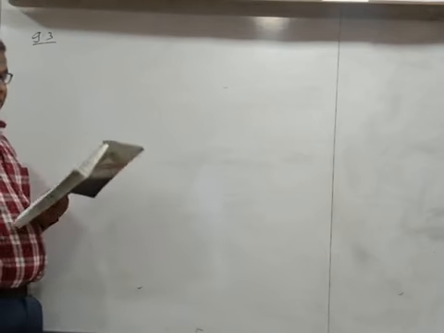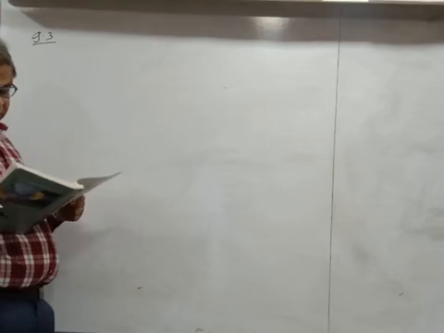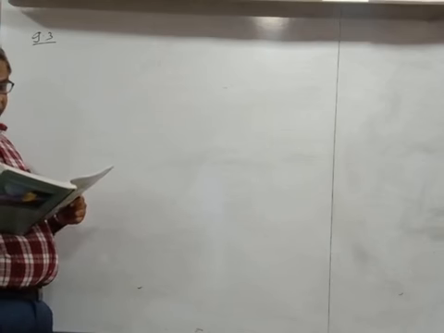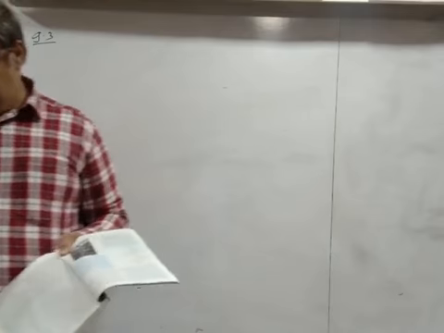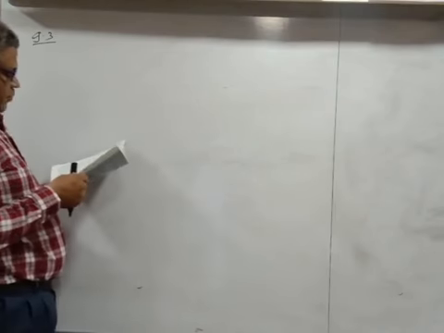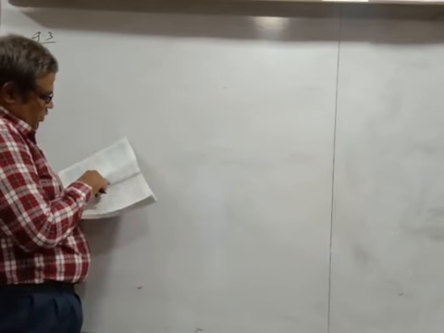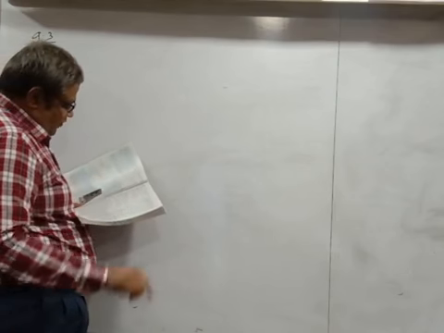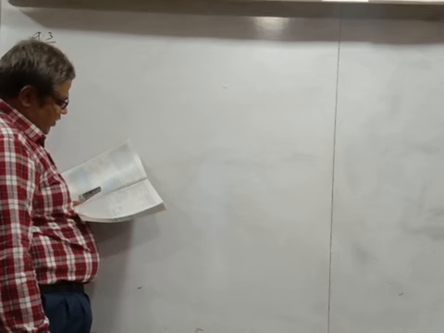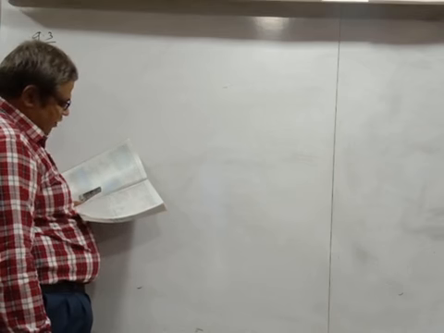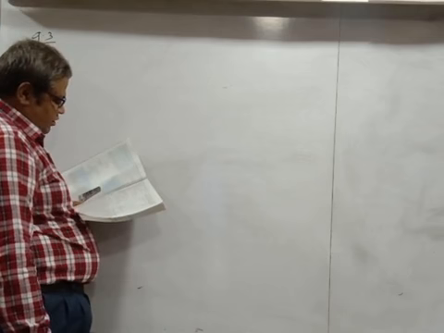So, in example number 9.3, it is saying that in a human pyramid, now you will have to pay attention to your textbook, and in this textbook a human pyramid is given. You will have to look at the photograph. In a human pyramid, in a circus, the entire weight of the balanced group is supported by the legs of the performer who is lying on his back, as shown in the figure.